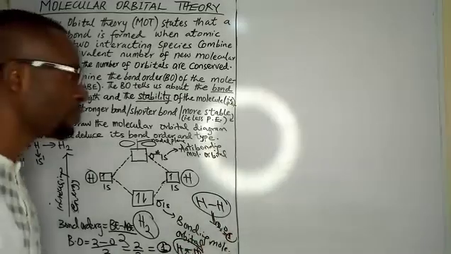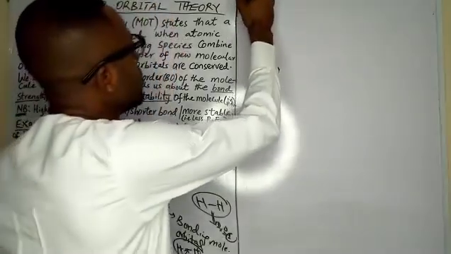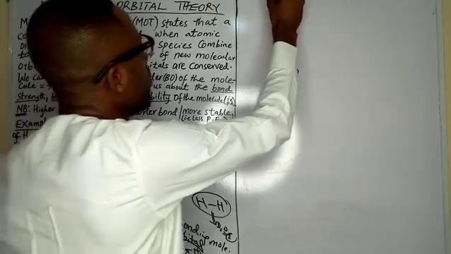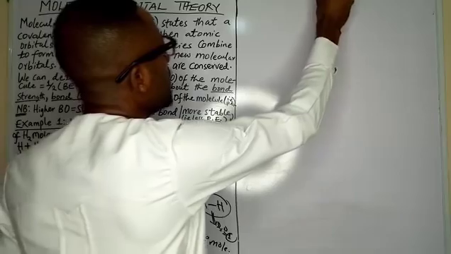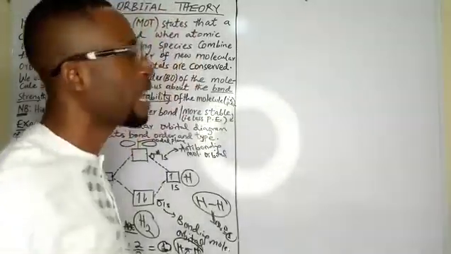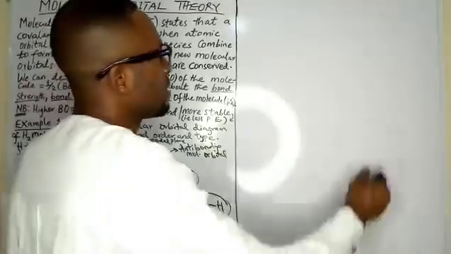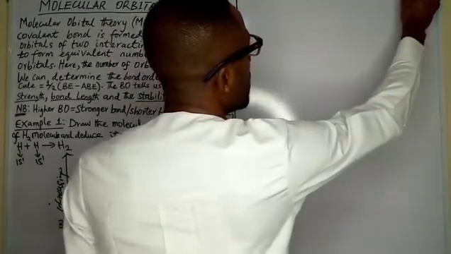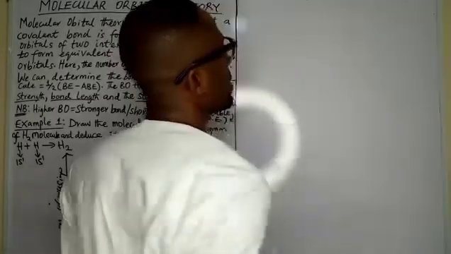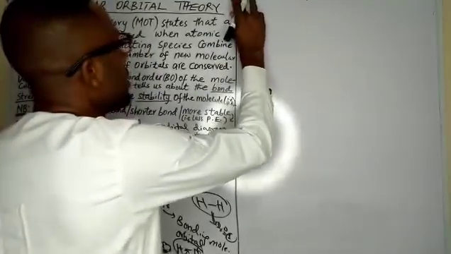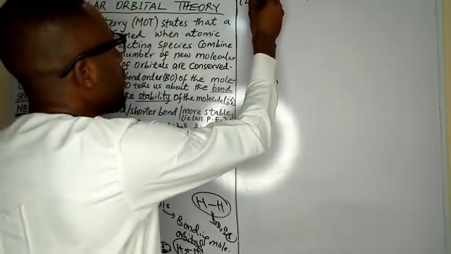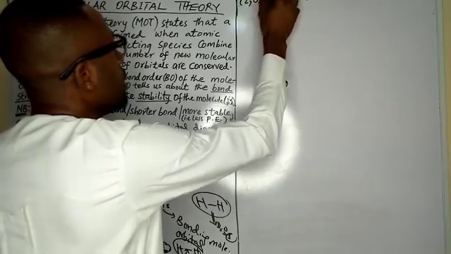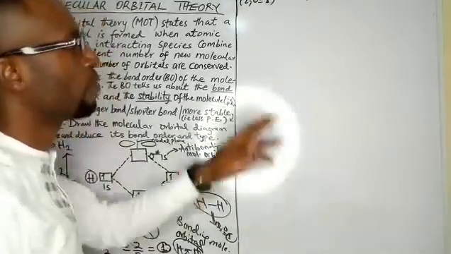Nice. Beautiful. All right. What if they ask you, as question number 2, to give the MO diagram of oxygen gas? How do you go about this? It's important to understand that the electronic configuration of oxygen is 1s2, 2s2 and 2p4, since the atomic number, Z, of oxygen is equal to 8. So that is the electronic configuration.